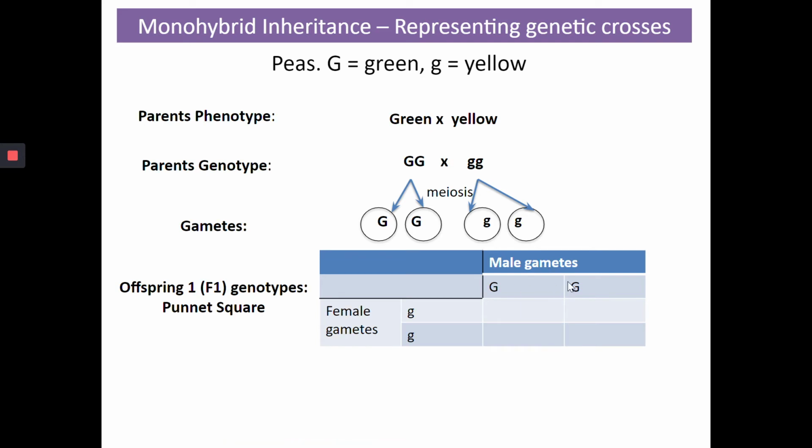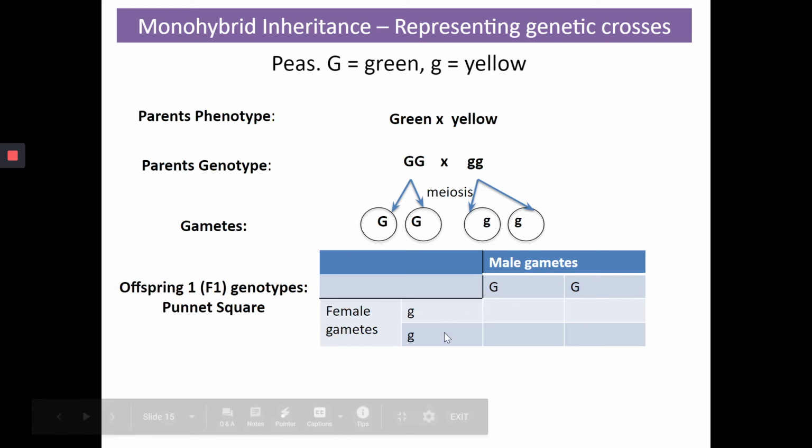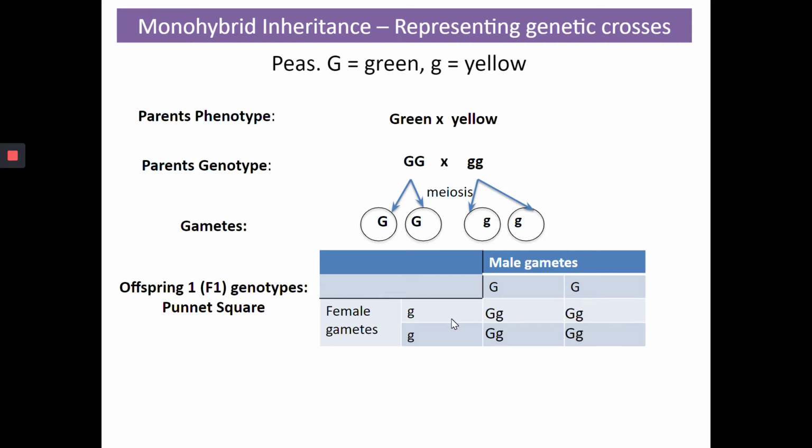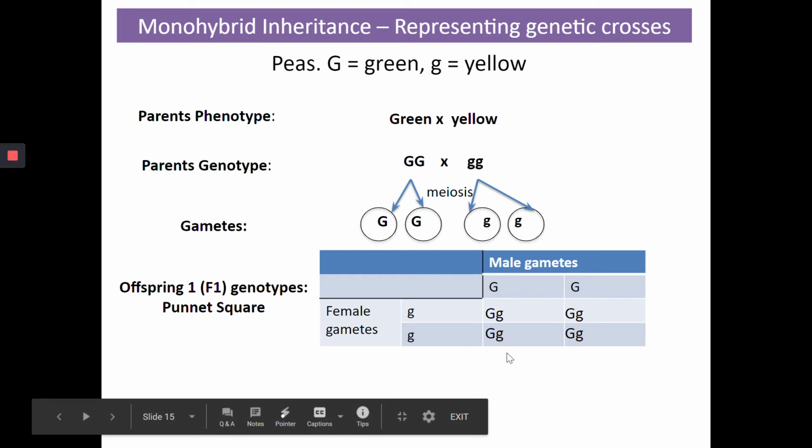But make sure that you are writing the correct letter for the gamete, and then fill the boxes by matching the row and the column. You will notice that all the genotypes, that means 100% possibility, is that all the offsprings obtained from these two parents will be a heterozygous plant.